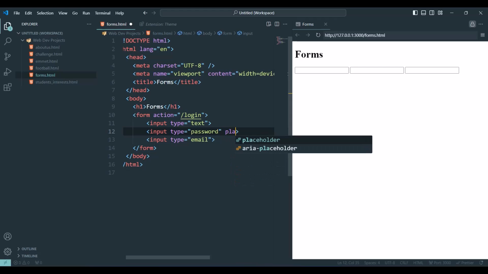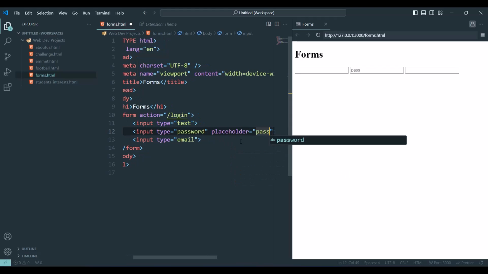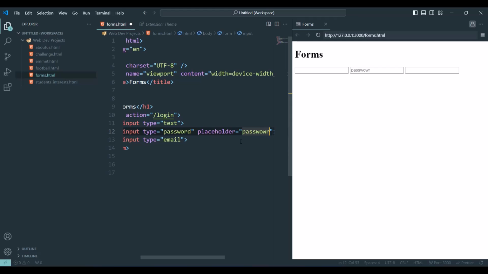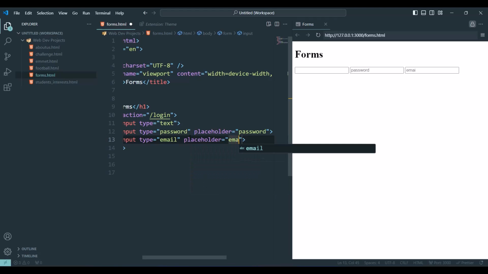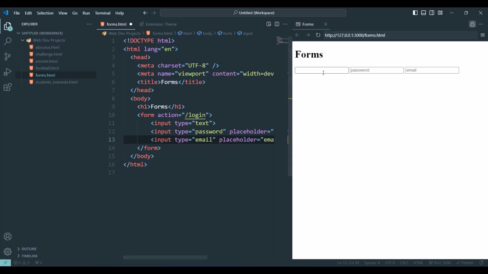So let's type placeholder password, or you can type enter your password, and here placeholder email. So if you go here, if you type something, as you can see, the text is obscured because this is an input password. And if I type something here, the text email disappears immediately after I typed a letter.